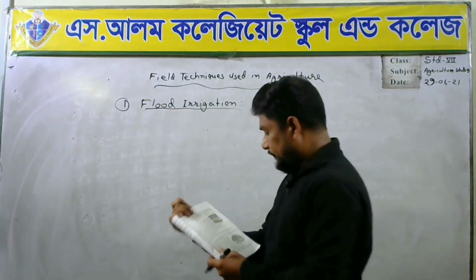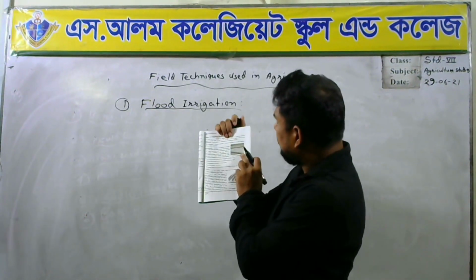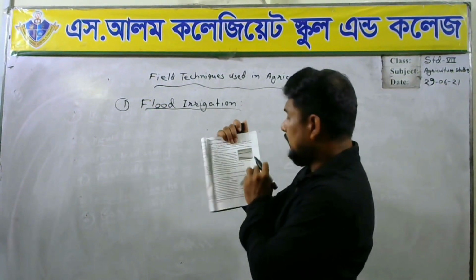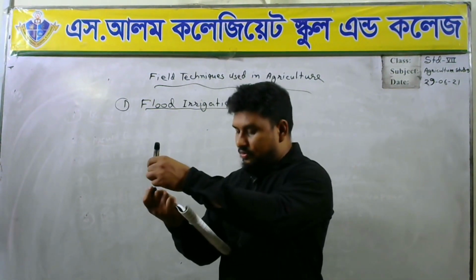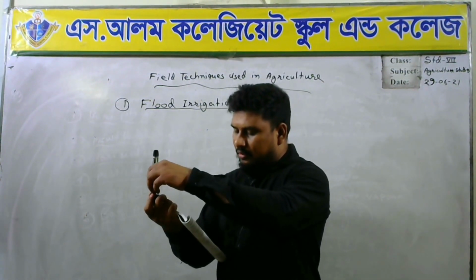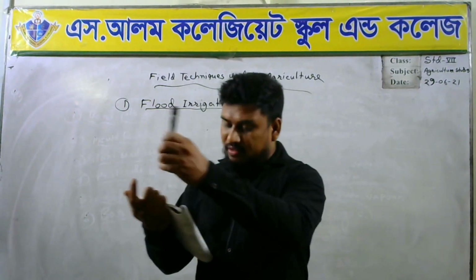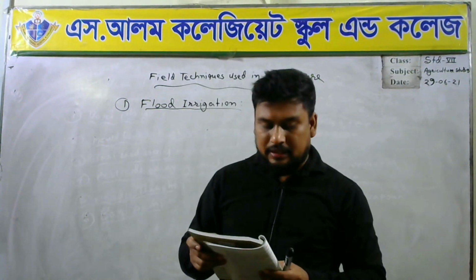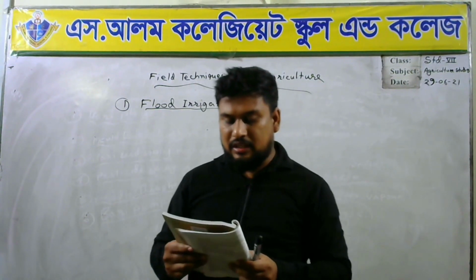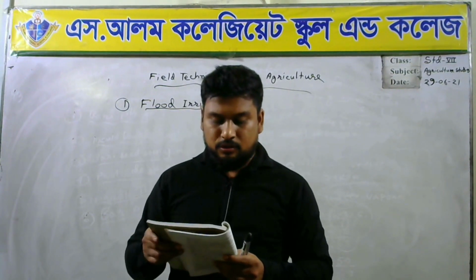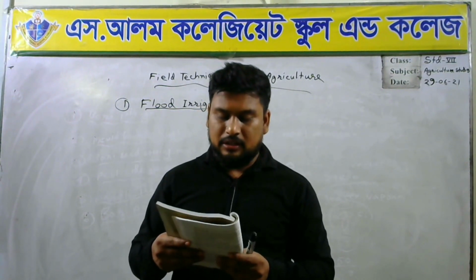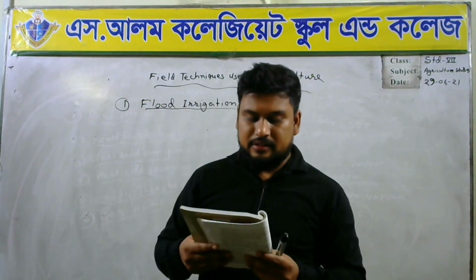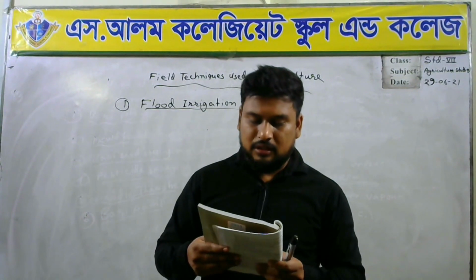This is number 1. Look at the picture. This is the flood irrigation. This type of irrigation is suitable for flood land with the water drawn from nearby ponds, canals, and other water reservoirs and then flown through a channel to the crop field. To avoid leaking of water to the neighboring field, strong alleys are raised around the crop field.